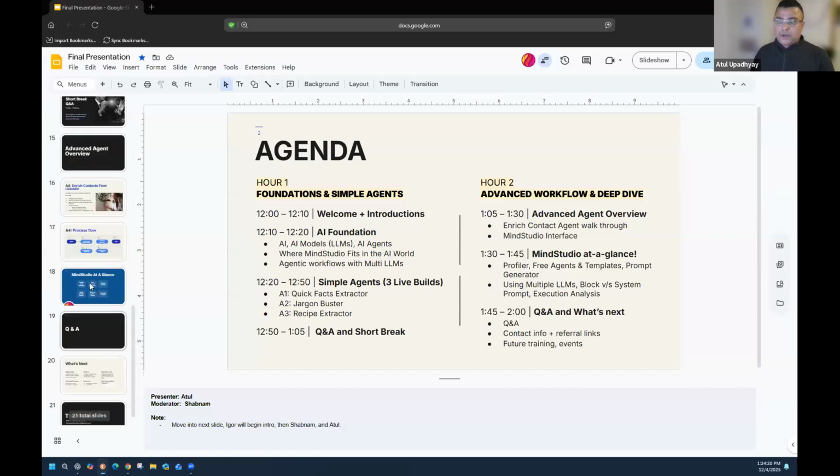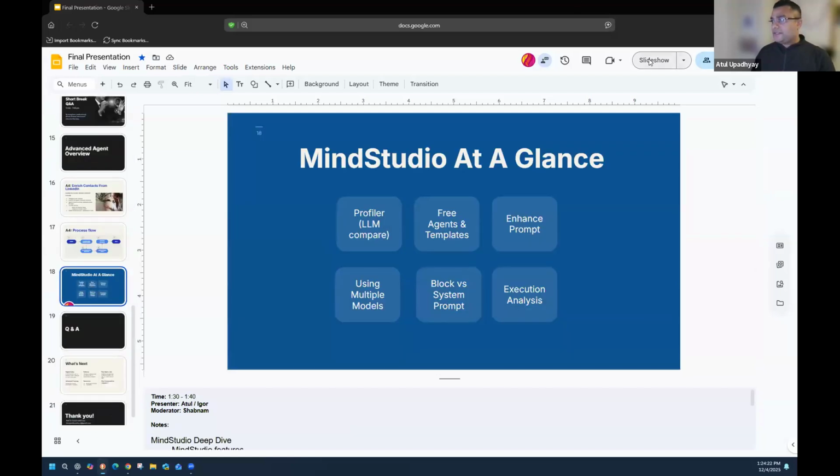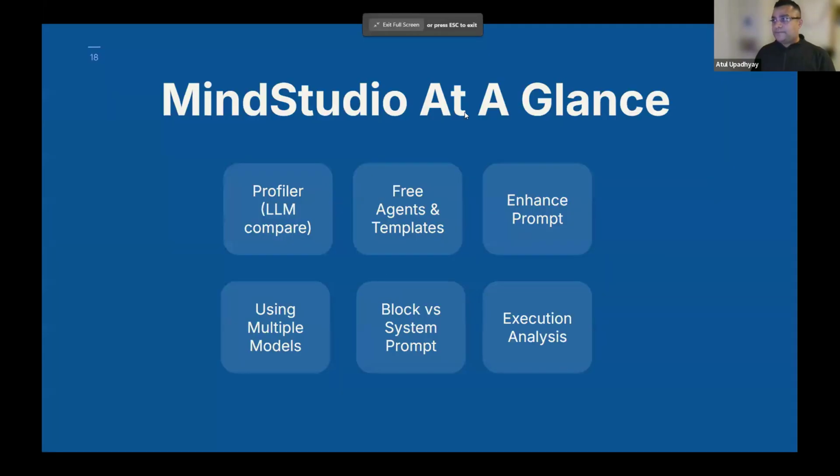And I think where we left off is this. So for this one, Igor and myself are just going to pick out a few features, not limited to, but we feel like these are the features that even to date, some of them get me excited after using MindStudio for six months or so. I'm going to tackle the few on the top, and then I'll have Igor take care of the remaining ones from the list.